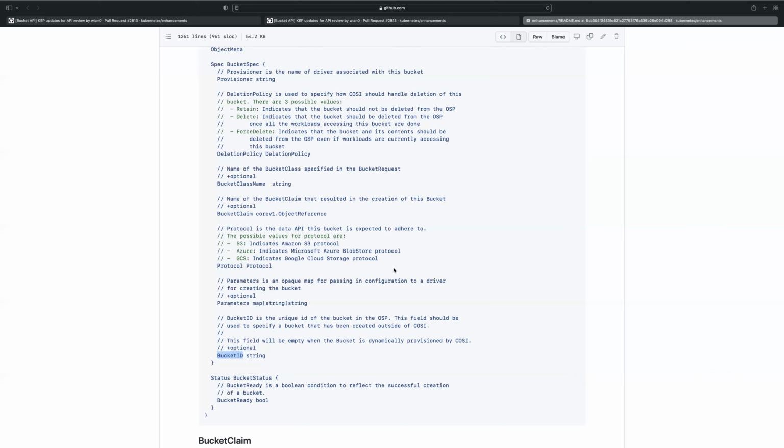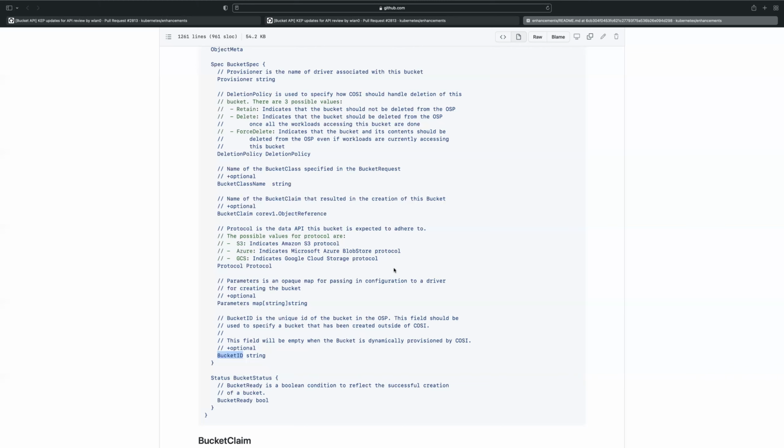For what it's worth, I agree with Xing's sentiment also. In the current lib bucket provisioner design, it uses something like this where bucket ID is in the spec. And we've seen in Slack, lots of Rook users have been confused about how to know what their bucket is called when it is populated after the fact in the spec rather than in the status.